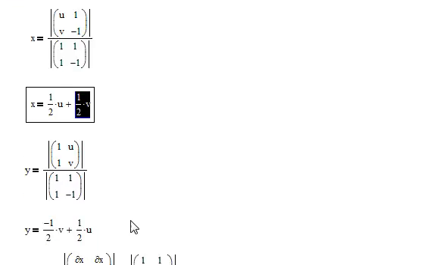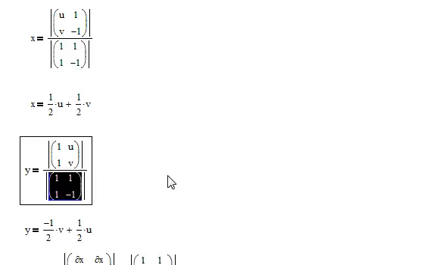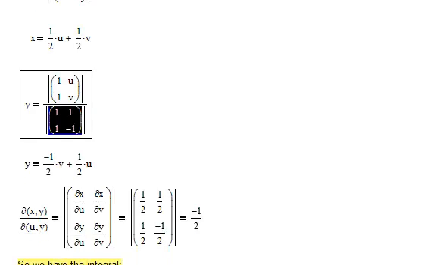Similarly, we can get y, the coefficient matrix still at negative 2, and so this is v minus u. You can probably see v minus u over negative 2 gives us negative a half v plus 1 half u. And so when we look at the Jacobian